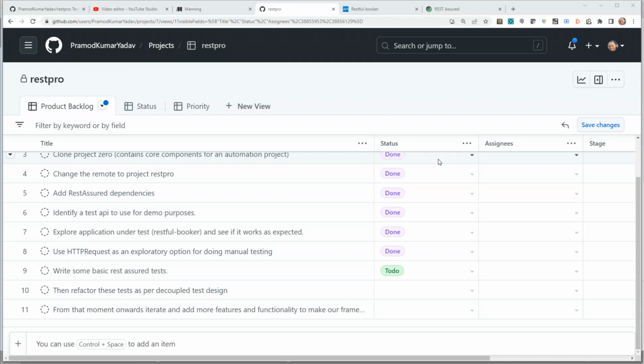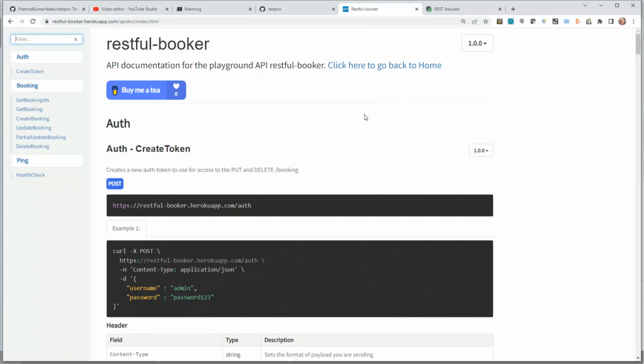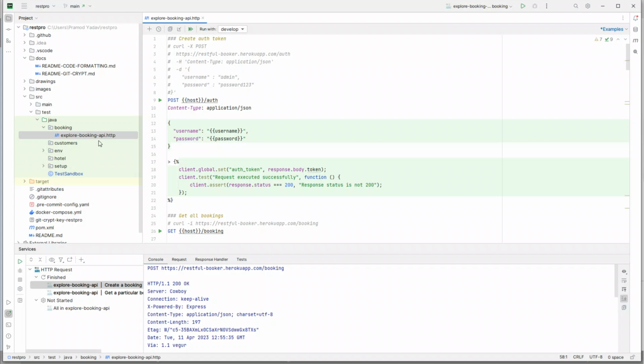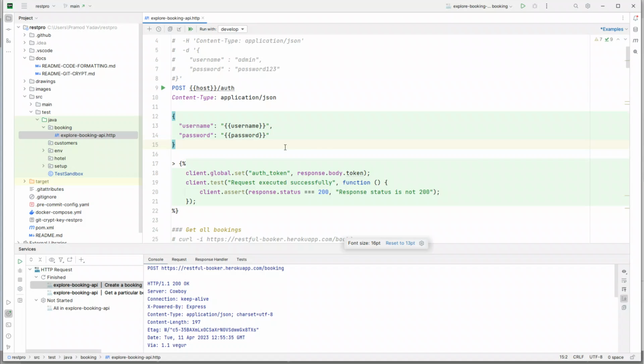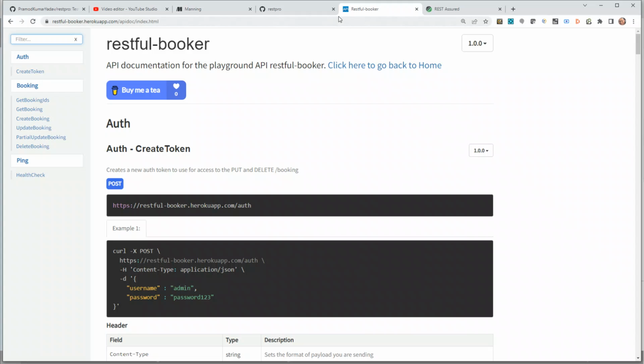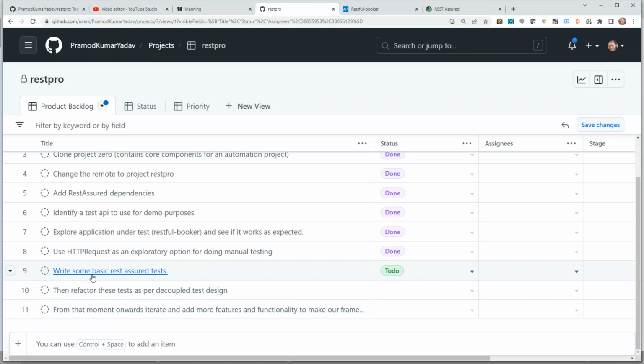Hey guys, welcome back. In the previous videos, we explored our application under test, RESTful Booker, and we wrote some exploratory tests in Aqua using HTTP client to see if all the endpoints are working fine or not. And now we are confident that the endpoints are working fine,